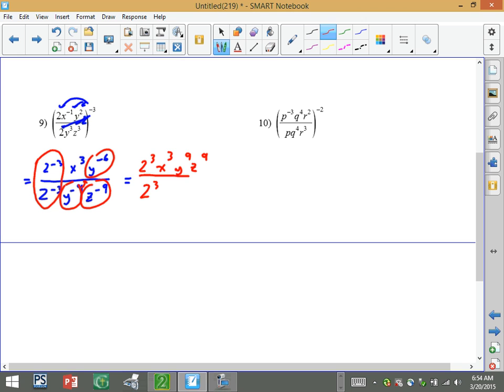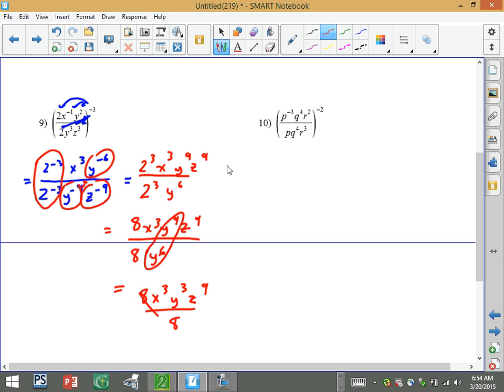This y to the sixth is going to come to the bottom. So now we've got 8, x to the third, y to the ninth, z to the ninth over 2 to the third, which is 8, y to the sixth. As you can see, there's y's in the numerator and denominator. If we cancel, we'd be left with 3 y's in the numerator. We still have this 8. Those 8's are going to cancel, which means I'm left with